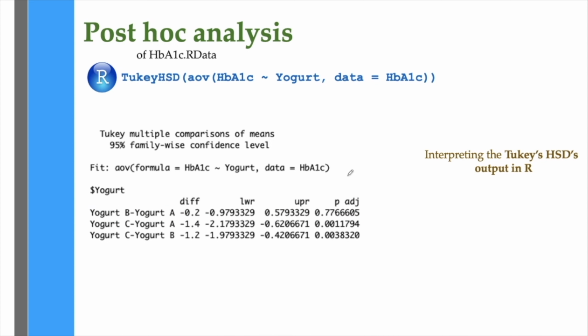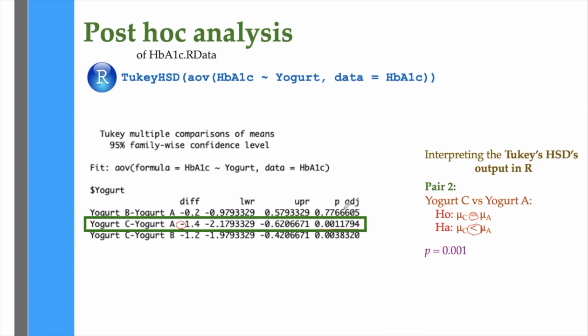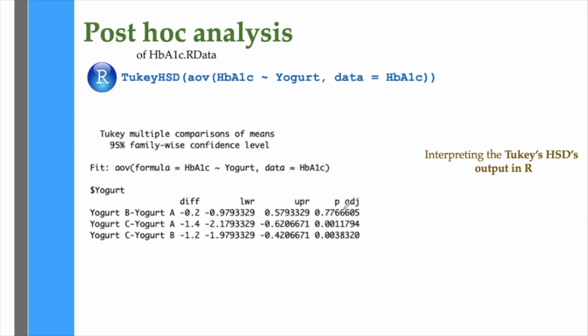Now, as for yogurt A and C, as for pair number 2, the null hypothesis is, of course, that the mean HbA1c of those who took yogurt A and C are equal, and the alternative, again, since this is negative, then the alternative hypothesis is less than. And since the p-value here is less than 0.05, then we're going to reject the null hypothesis and conclude in favor of the alternative hypothesis. Thus, we can say that the mean HbA1c of those who took yogurt C is less than those who took yogurt A. And as for pair number 3, which is yogurt B and C, the null hypothesis is, of course,